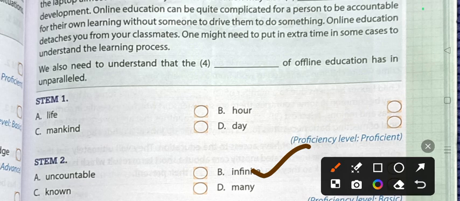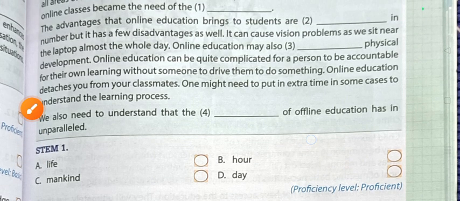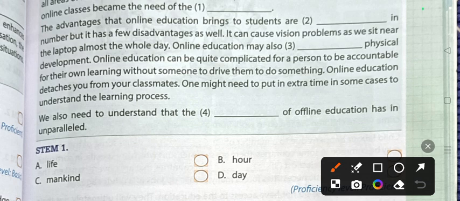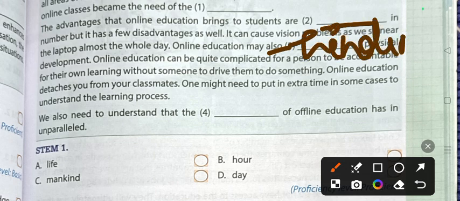It can cause problems as we sit near the laptop almost. I'll just show you. Here we will fill. What do we fill here? Infinite, right? Online education may also hinder. So what do we fill here? Hinder, HINDER. Hinder physical